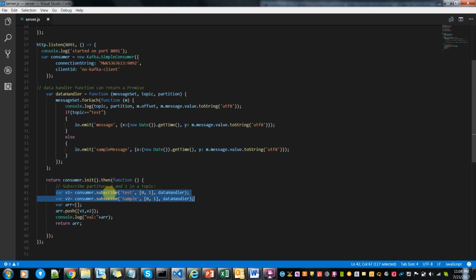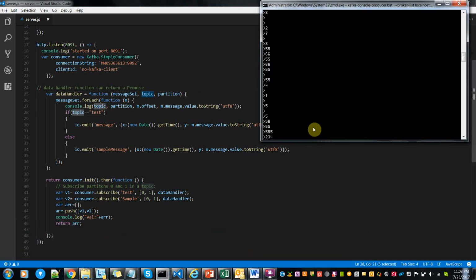That means whenever there is a change available in that Kafka topic, it will return the data to the data handler method. This is a subscribe method. As I have subscribed, whenever data is available, this data handler will trigger automatically. Basically, it is another function, an observable function, we can say. Whenever there is data available in any one of the topics, this function will be called automatically, as we have subscribed here in that init event.